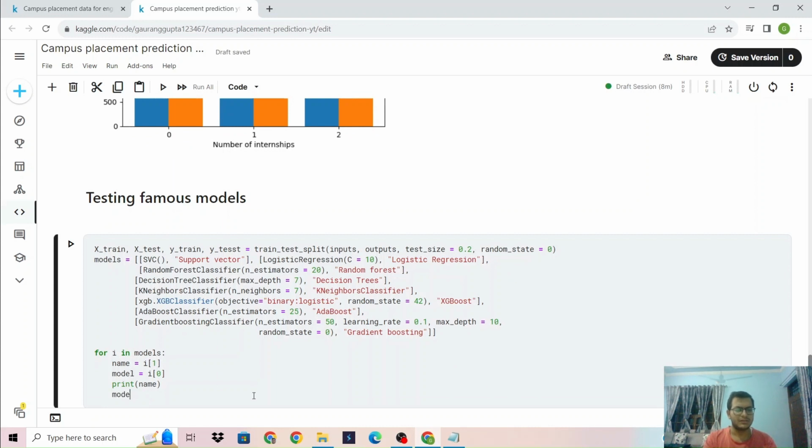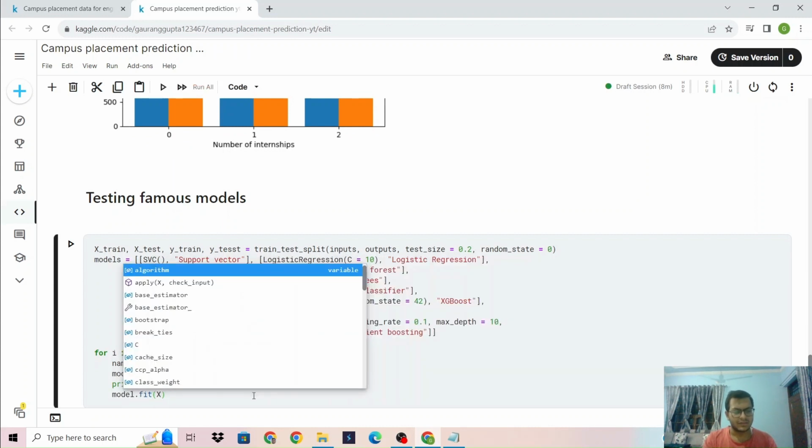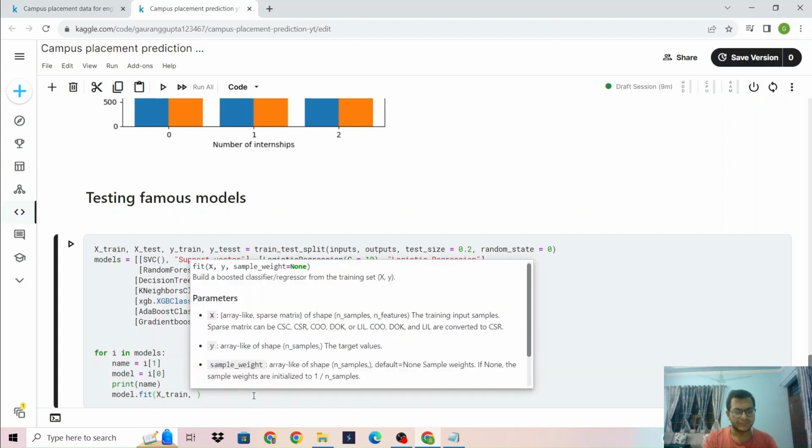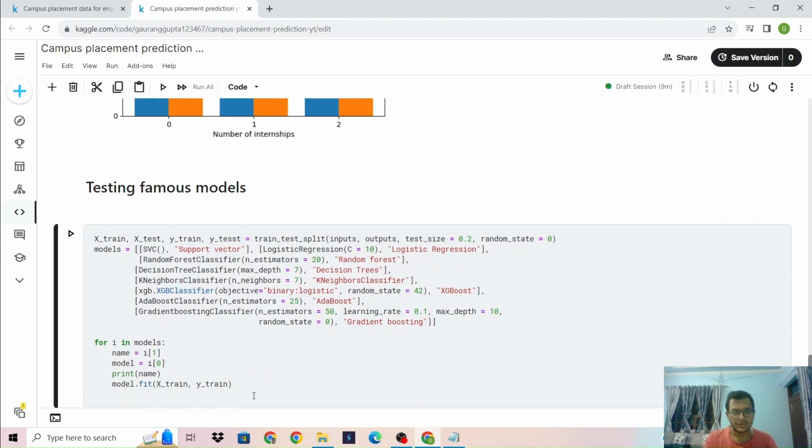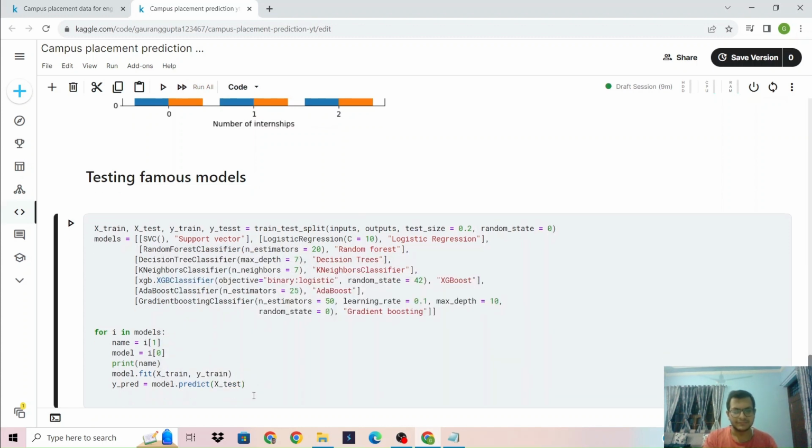Now we will train the model.fit x train y train, then y pred will be model.predict x test, then print accuracy score y test y pred into 100,